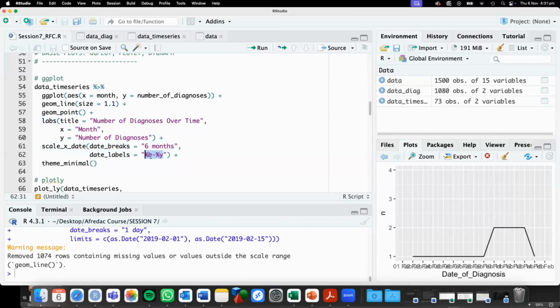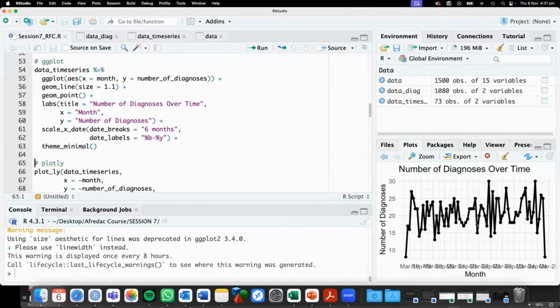So abbreviated month and abbreviated year. And then theme minimal just kind of gets rid of this. By default, ggplot has this gray background, so theme minimal just gets rid of that gray background. So if I run this,